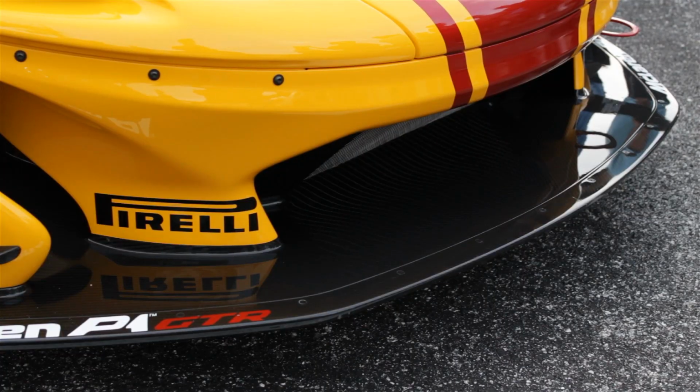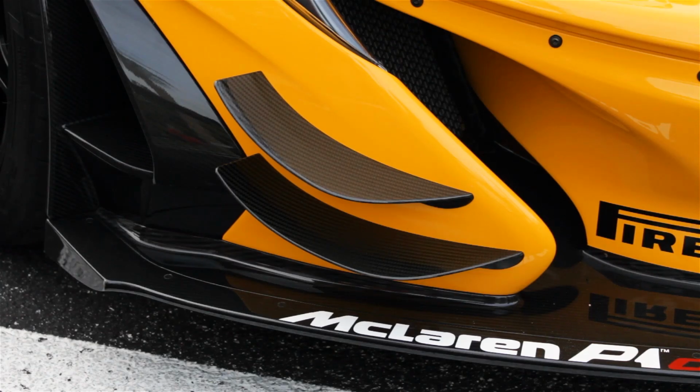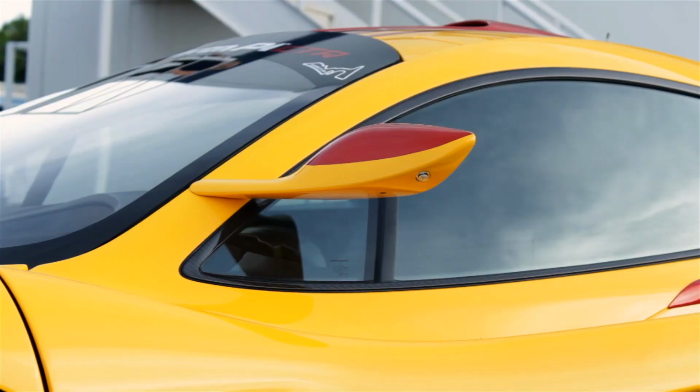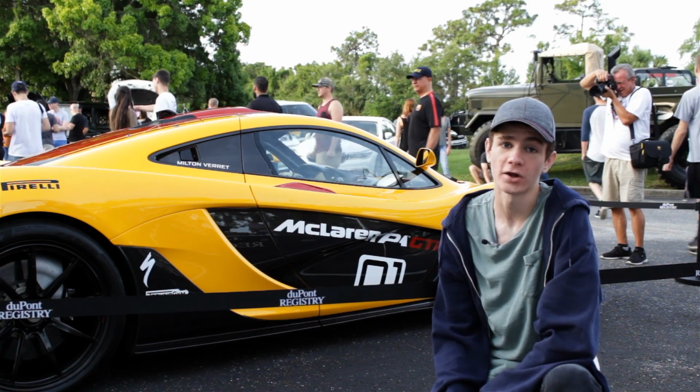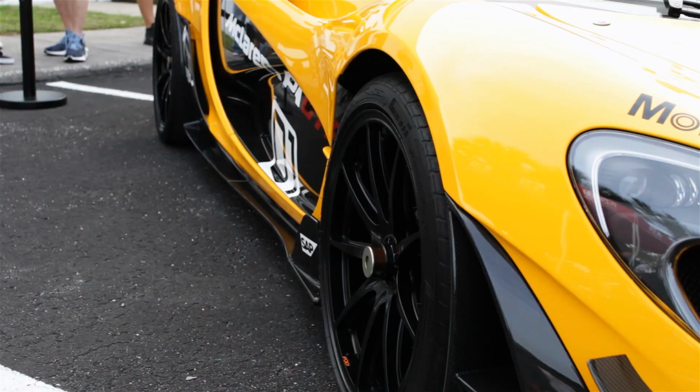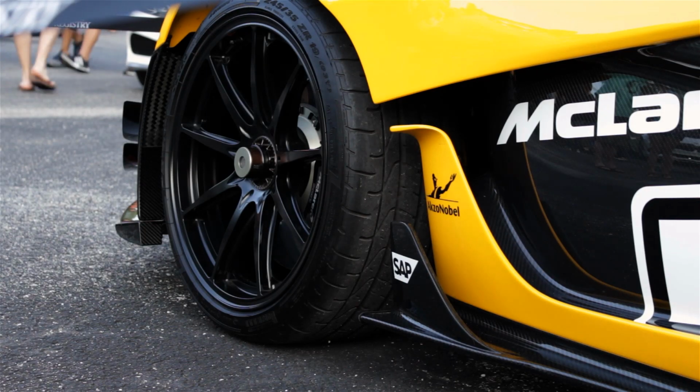Up front, you've got a full carbon fiber front splitter to increase that downforce, as well as carbon fiber dive planes. On the side, you can see that the side mirror has actually been repositioned just a little bit from the base P1, just so it can be a little bit more visible to the driver when you're on the track. You've also got carbon fiber side inserts and the doors, carbon fiber side skirts, 19-inch alloy rims there,